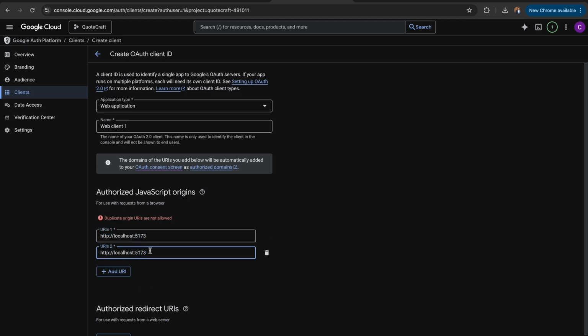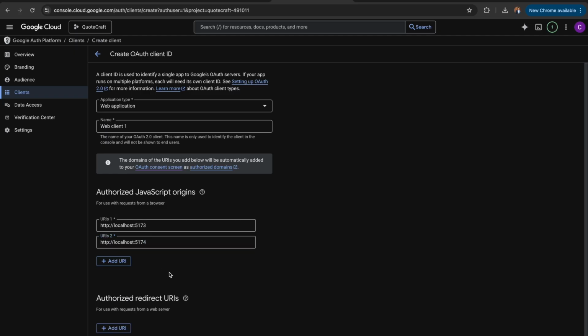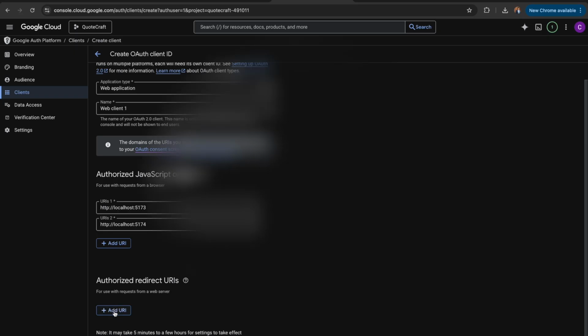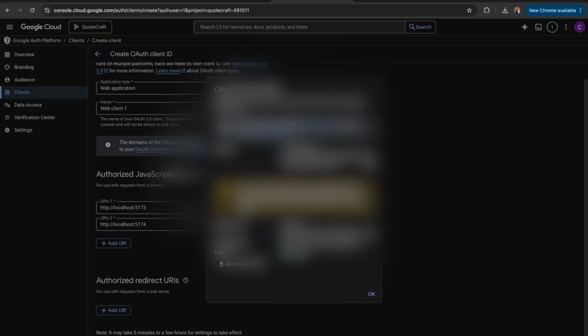Let's add one more port number, in case we use that later, so I just add it over here and we don't need to add it again. You can also add the authorized redirect URI, but let's leave it blank and create it. Now you can download this JSON, and we just need to copy the client ID,